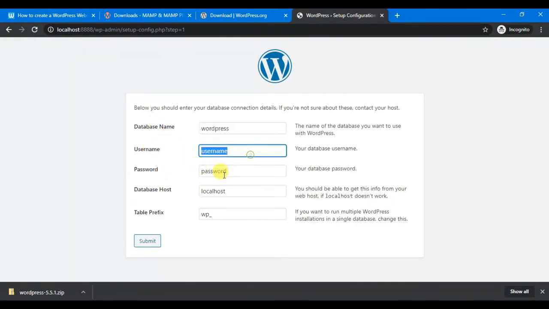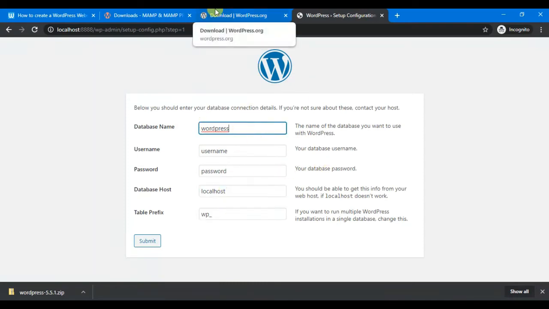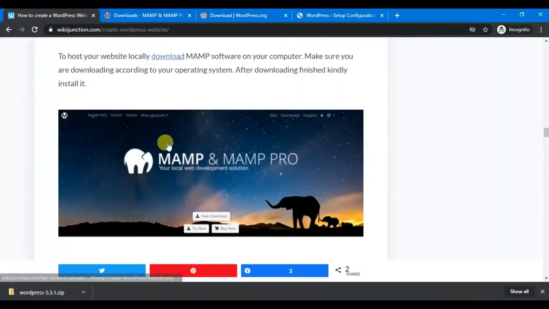So here's the WordPress database name and username. You have to give all of this.